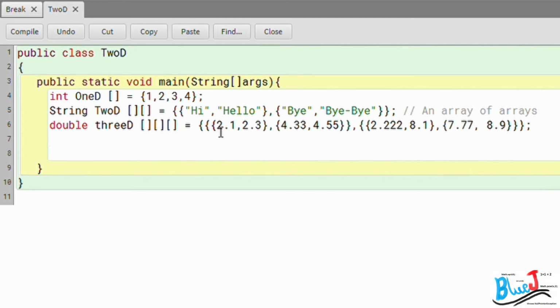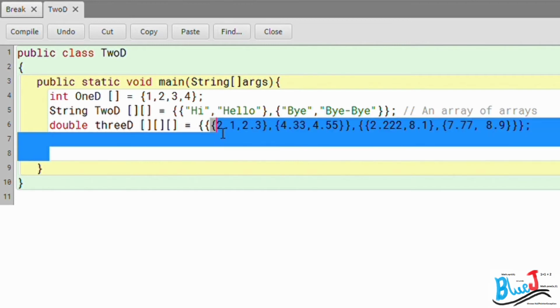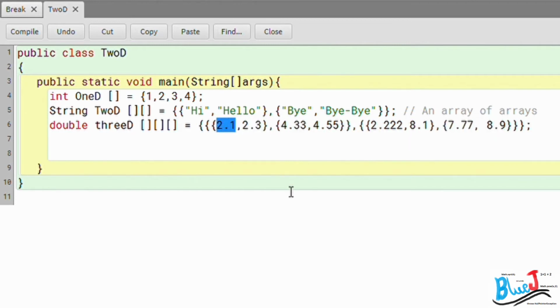Then the inner dimensions, that is the second dimension, specifies the two arrays in the array of the outermost array. Same for the second one. And the third dimension, or the last dimension, specifies the value within the array of the arrays.